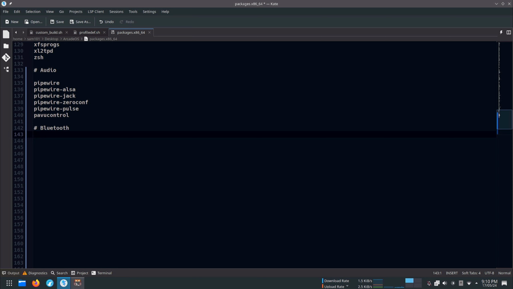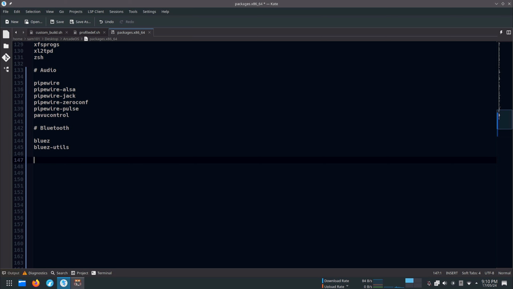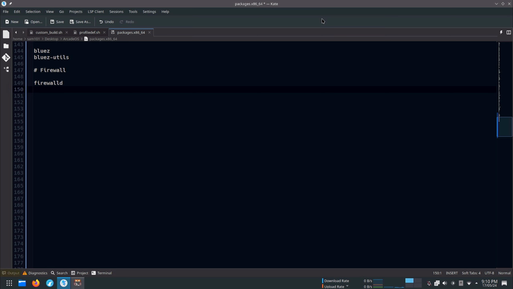For Bluetooth, add bluez and bluez-utils. Firewall is optional. Add firewalld, python-pyqt5, python-capng.